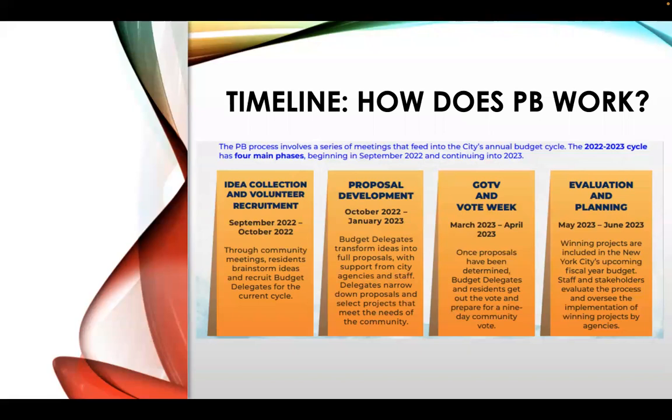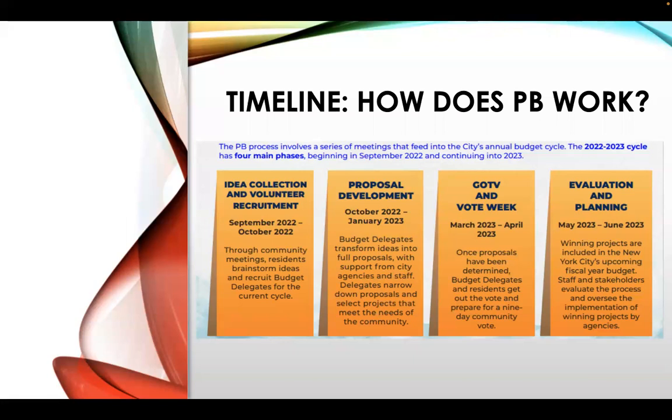And then once we pass this phase, so we have several meetings scheduled for the next few weeks, this is a great chance to tell your neighbors, your friends, if they're interested, even if they just want to learn more. I know everyone has so many obligations. So even if you don't have time to volunteer with us, you can still submit your ideas to us and also just tell people and talk about this. The more people we have get involved, the better project we can come up with in our district as well.